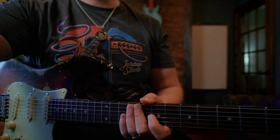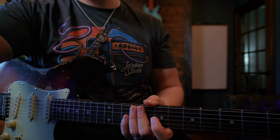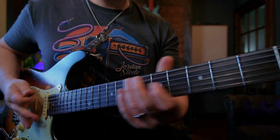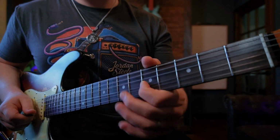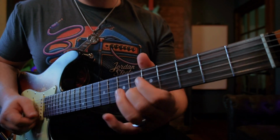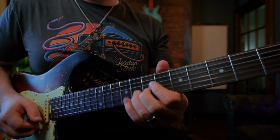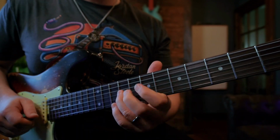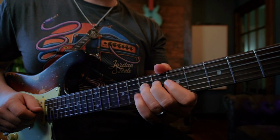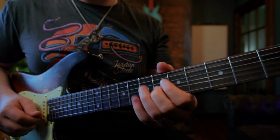So I'm going to turn the track on, and we're going to demonstrate. I'm not even going to really play a melody. I'm just going to play the root notes of the chords until that lick comes up. And this is how we start off practicing this. Here's a G chord. 1, 2, 3, 4,